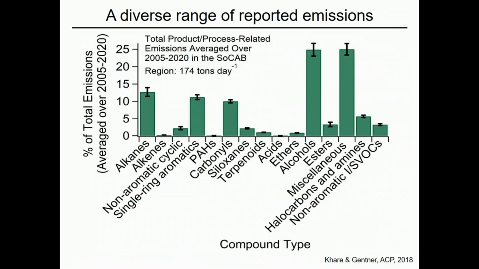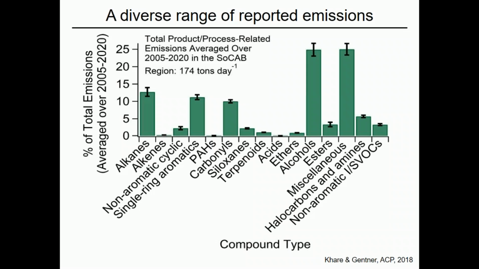So sticking with what is currently reported, here's a spectrum of all the things that are emitted in the Los Angeles area, just as a function of compound class. So you see some things that you're used to thinking about in terms of their chemistry, both for SOA and ozone formation and other urban and indoor chemistry, but then we get into some different things that we really hadn't been thinking about as much. And then we have a whole bunch of things that are just miscellaneous or really poorly speciated IVOCs